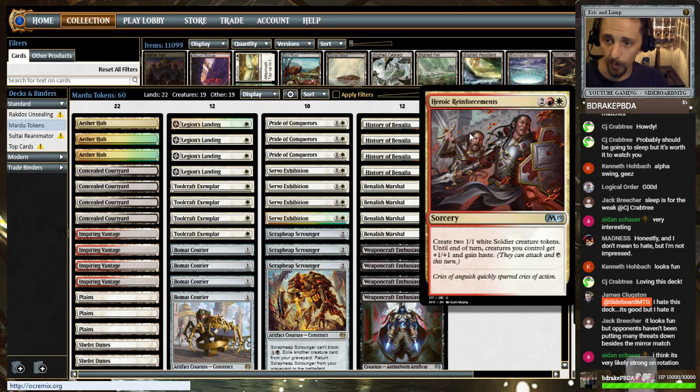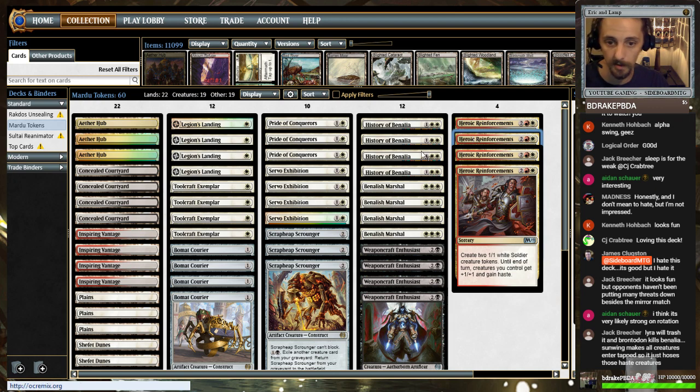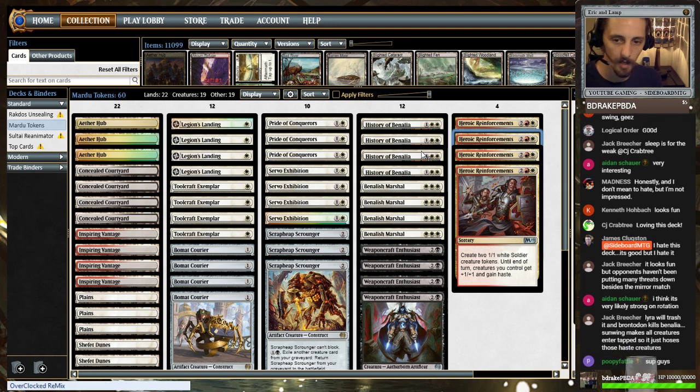And then Heroic Reinforcements, we got to see the power of that there. We just had a nice alpha swing against our opponent who didn't have anything. But Lyra will trash it, and Brontodon kills Benalia. You got it, Jack. Those are the cards you need to be running, buddy. If that is your answer for this, then make sure you're running those cards. All creatures enter tapped, so it just hoses those haste creatures. Run that, Jack. If that's how you're going to stop all of this from happening, that's what you need to be running, man,